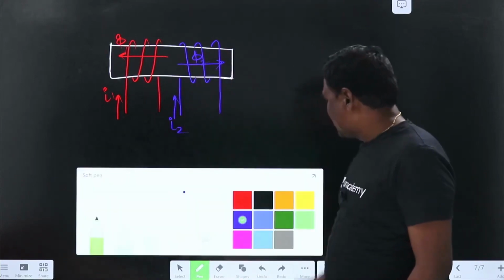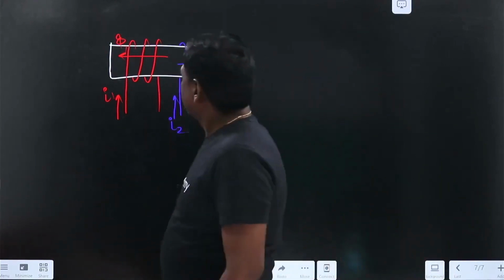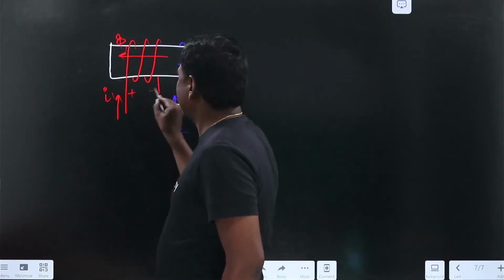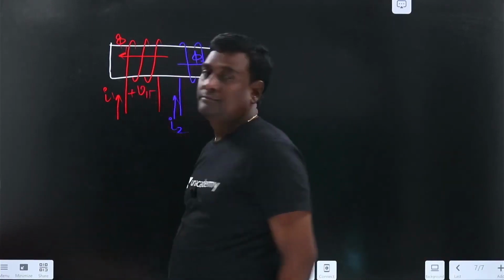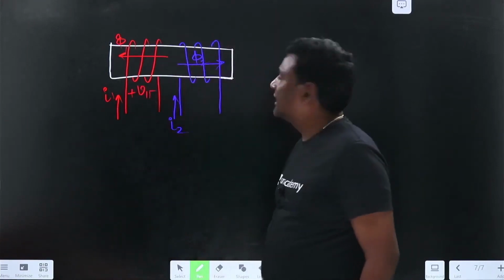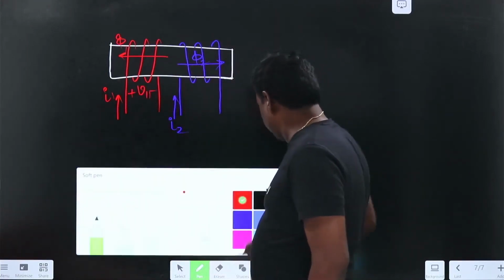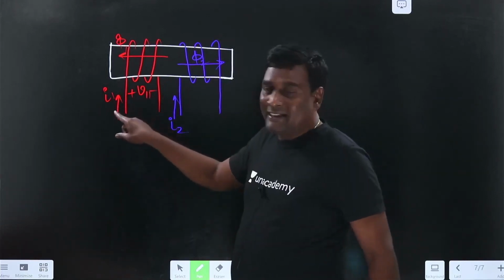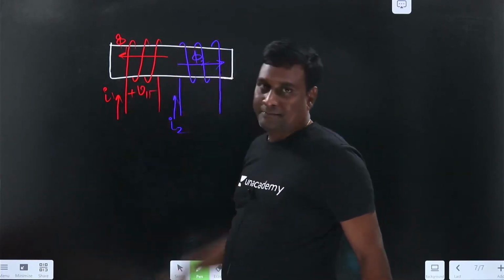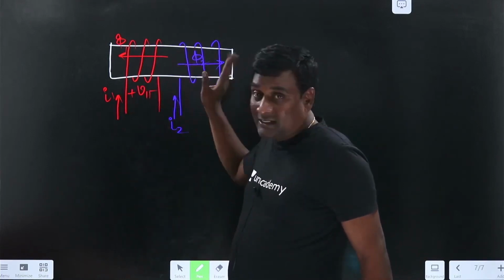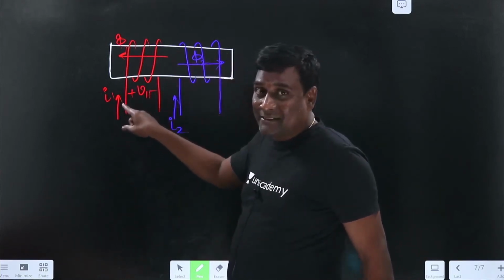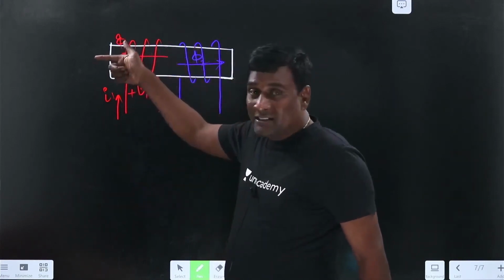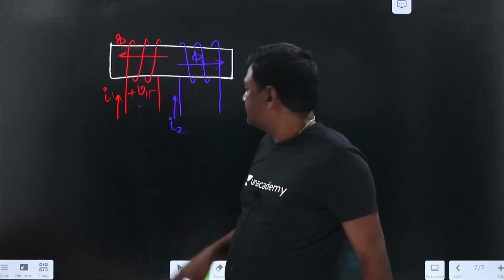Now let us think of self and mutual. The moment current is entering, self, plus minus V11, self, right? Now if I think of mutual, the moment current is entering here, for example, this blue is not there, when my current is entering in this direction, automatically flux is in this direction. Because of that particular direction of flux, I'm going to get induced voltage here.